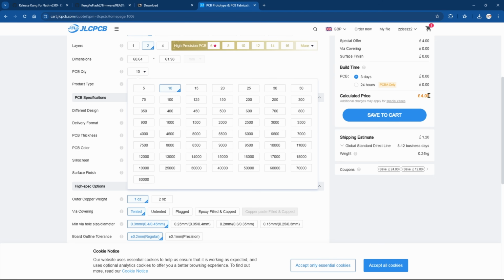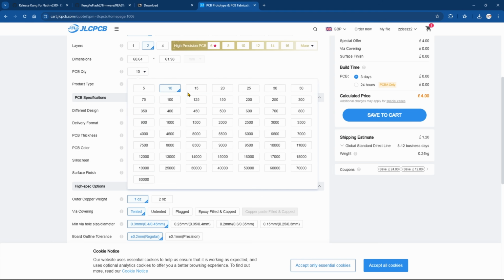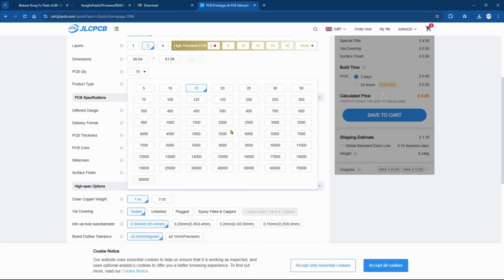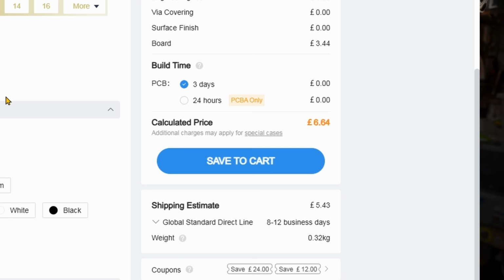The price of 5 bare boards is not very different to 10 or 20, but the assembly and component costs will rise in a more linear fashion. Also, the postage costs can jump suddenly if you go over a weight threshold. Well, the price is certainly right at this stage, but there is another step which will push the costs up